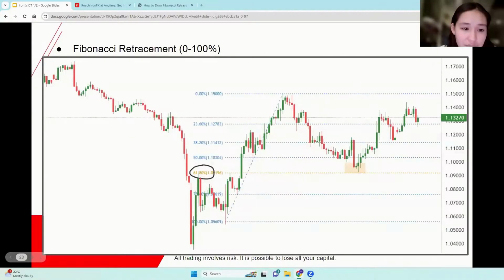Here's another example. So we are looking at the level at which price bounces off either your 61.8 level or your 78.6 level. Okay, now let me get back to my...